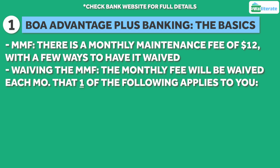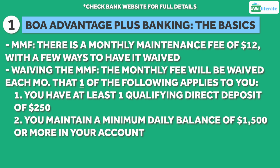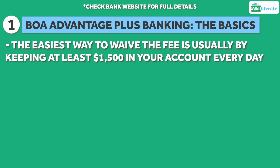The monthly fee will be waived for each month that one of the following applies to you. You have at least one qualifying direct deposit of $250, you maintain a minimum daily balance of at least $1,500 in your account, or you're a member of their Preferred Rewards program, which requires a minimum balance of at least $20,000. For most people, the easiest way to waive the fee is by leaving at least $1,500 in your account,